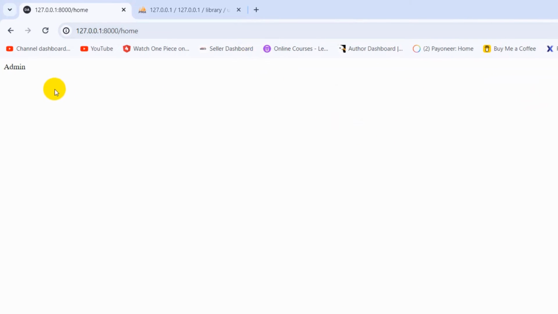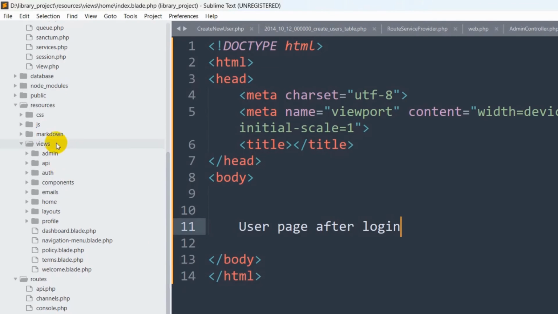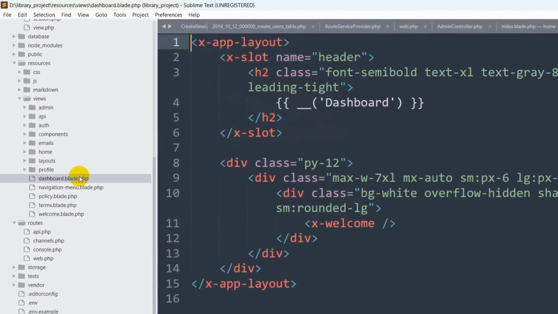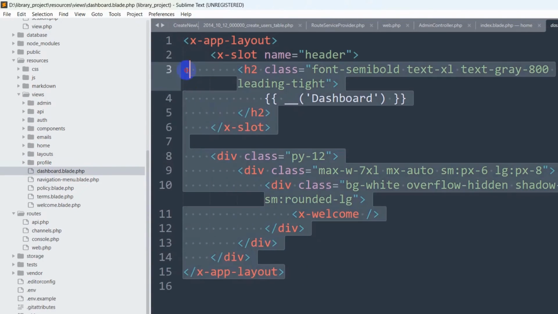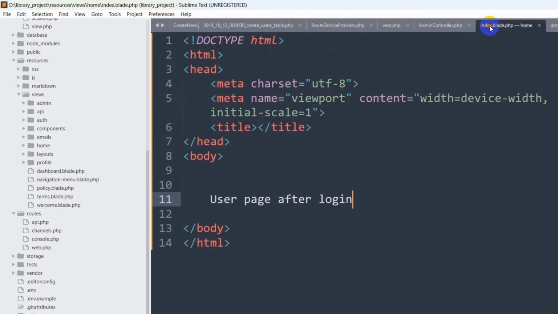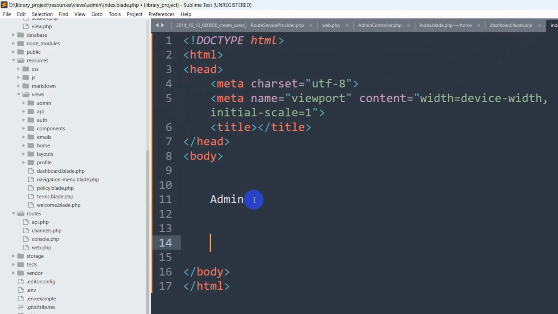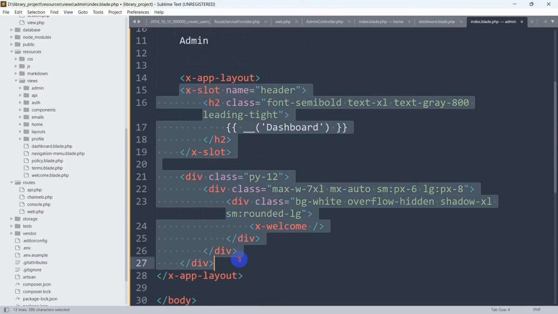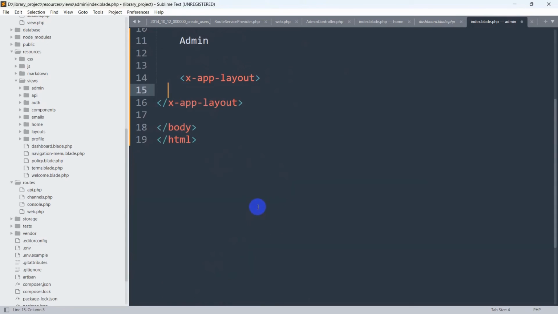So we need to have an option so that the admin can log out from here. In order to do that, we'll directly go to our dashboard.blade.php. Here you can see dashboard.blade.php. From here I'm going to copy everything, Ctrl C, and we'll paste it for the admin. Here you can see the admin folder. We paste it over here, and we're going to remove those from here,